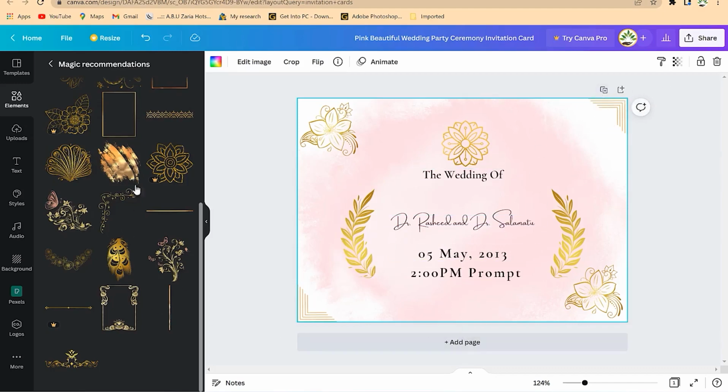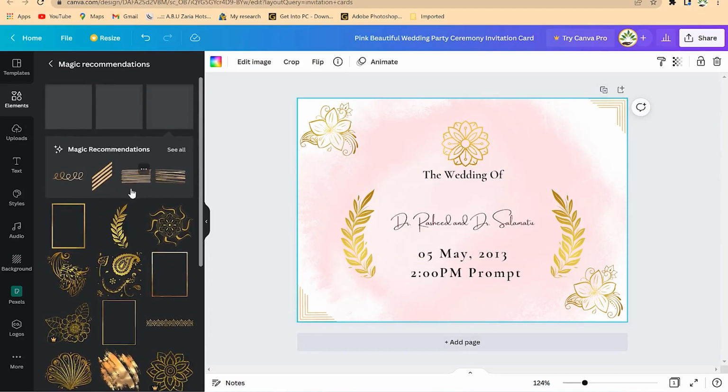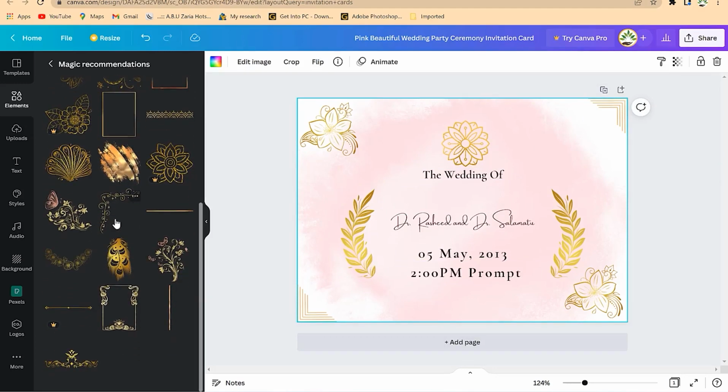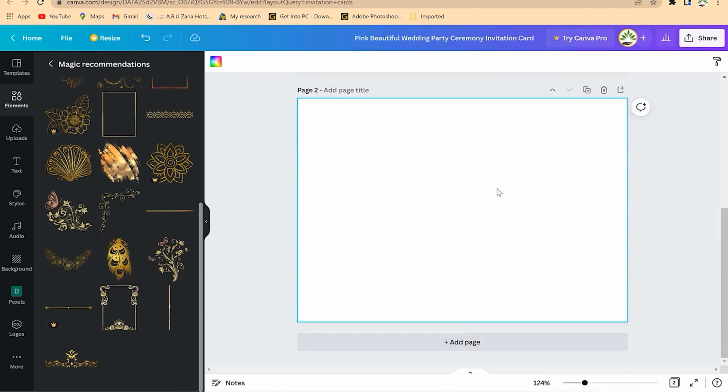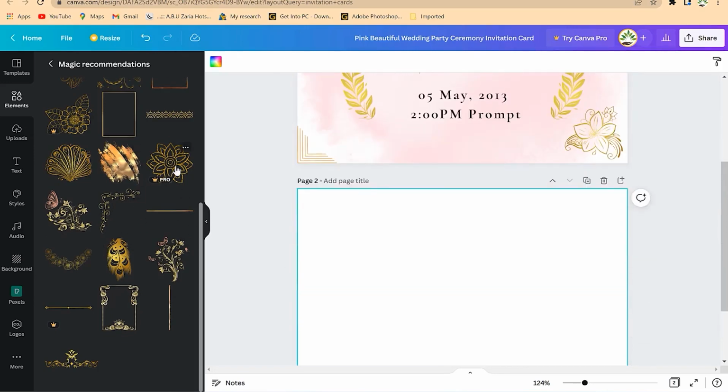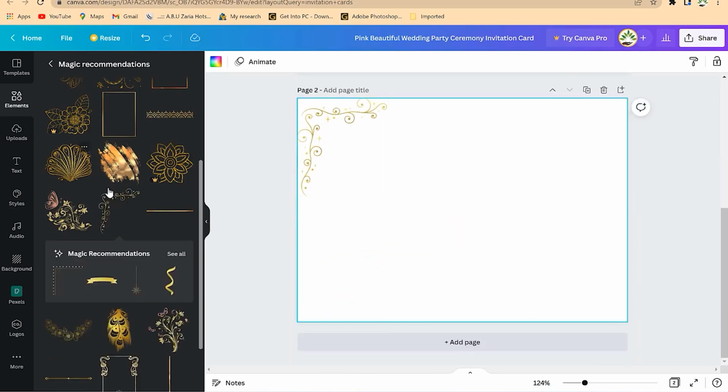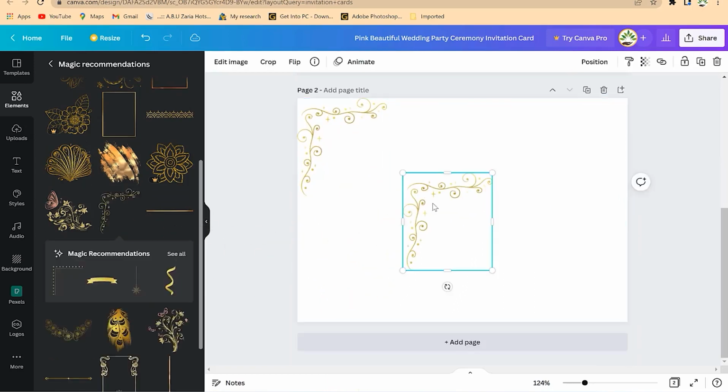If you want also, you can design with other features, other magic recommendations as well. You can see them, series of them. So you can just select any of the flowers that you may like. So you can create a new page and you can bring in the flowers accordingly. You can bring in this one to serve as your mini wall. You can bring in another one, or you can bring the same one and try to